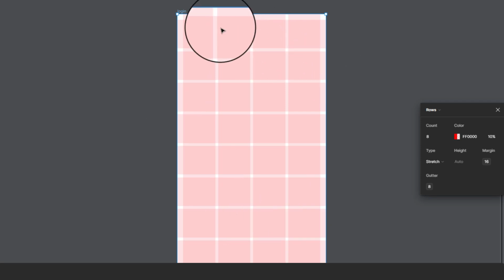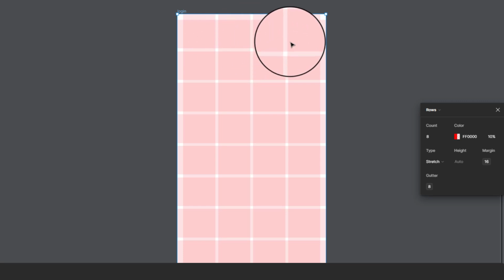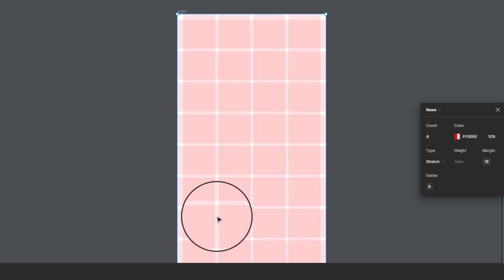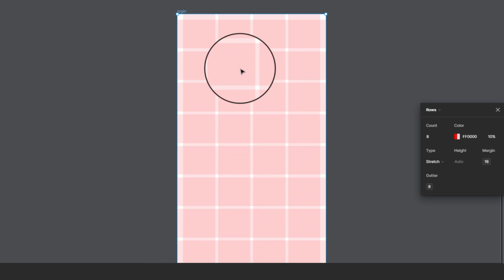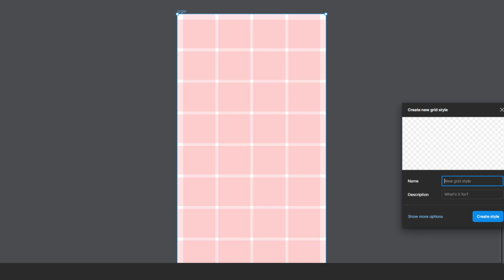We have columns, again, just to recap, and we have gutters. We have margins, and we have rows. So because we want to be making use of the layout grid throughout all our screens, we need to create a style. In order to create a style, just like we did for our typography scale, color palette, box shadow, we need to come to where we have the style icon, click once, click on the plus button,